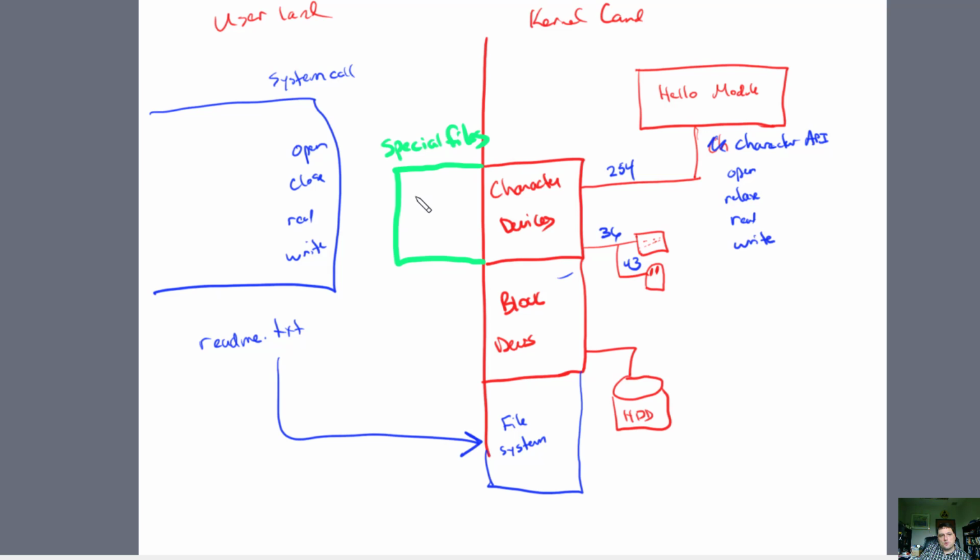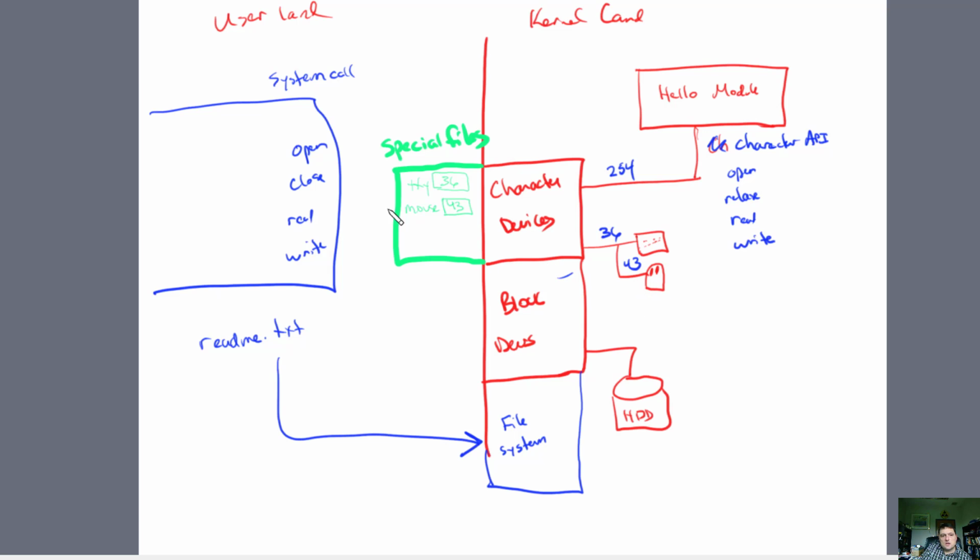So for example, I can have a special file called tty, and it's going to have a connection to the terminal through the same major device number that it occupies over here on the kernel side. And I could have a device called mouse that occupies a major number 43, and that would read and write